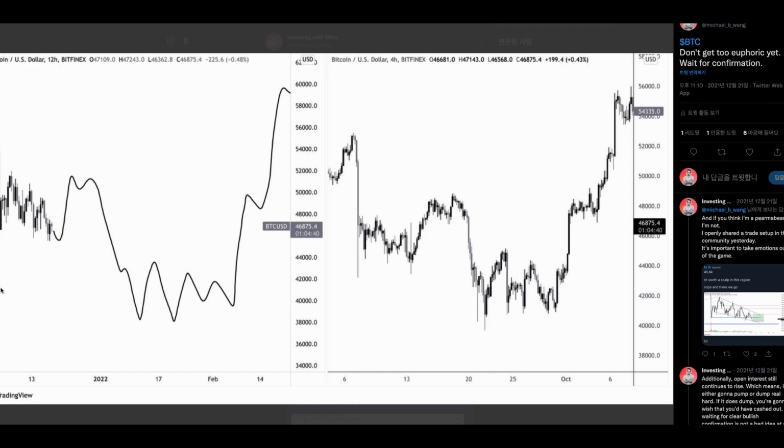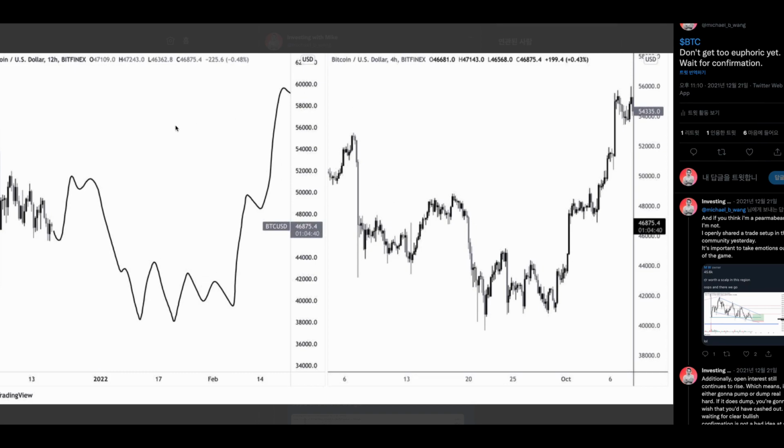A lot of people are expecting us to fill the wick at 42K, but I feel like if we were to go down to those levels, and which we are at right now, by the way, we would go even lower to further test support levels that haven't been tapped yet in order to form a fake out and shake out all the weak hands before we can move back up again.